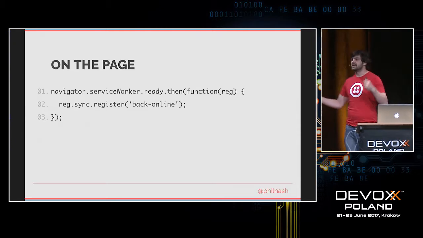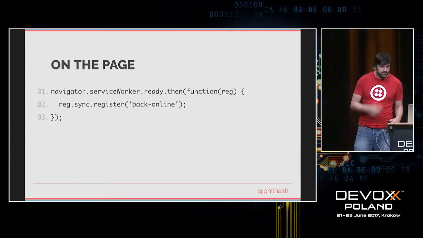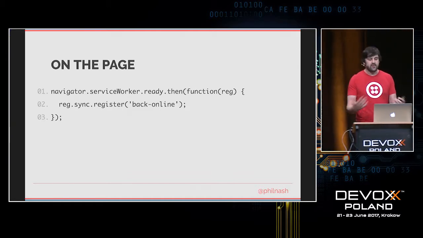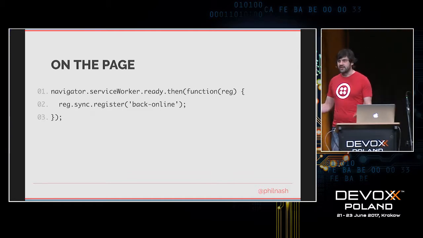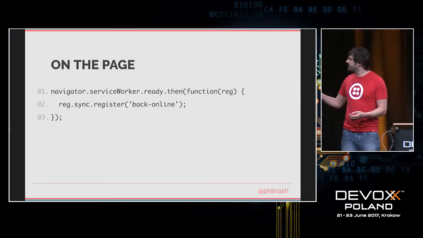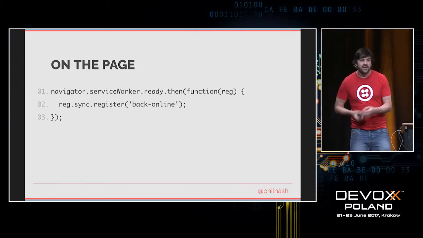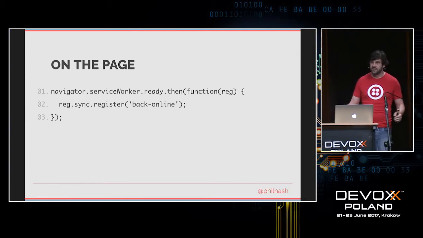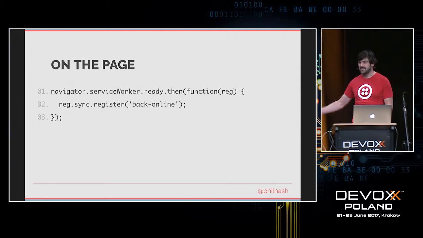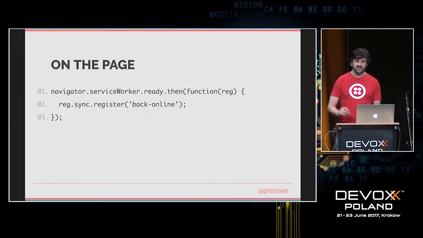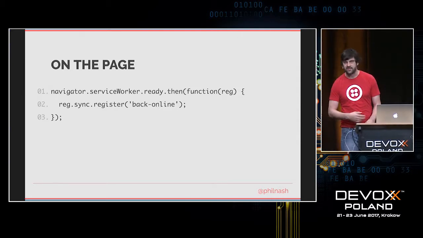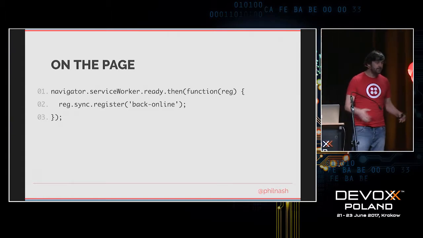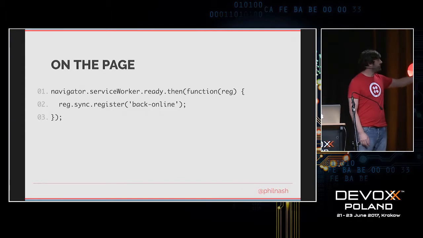So, how do the service worker and background sync work together? Firstly, you have to register your service worker, and then you can do this anywhere else in the code. You need to register for that sync event. I don't know if you've seen serviceWorker.ready. It's just a pointer to the promise that is returned when a service worker is registered in the first place. So you can always use this to get access back to that promise and then the registration of the service worker itself. And all you need to do for the sync API on a page is register for a sync